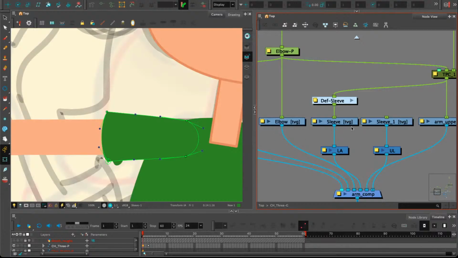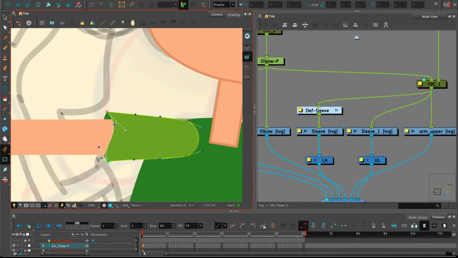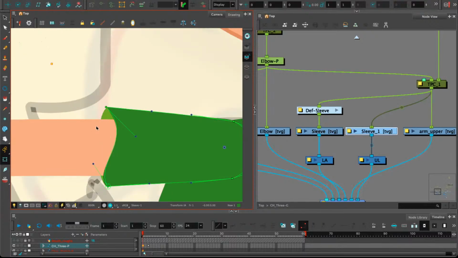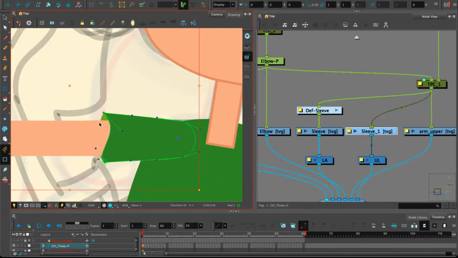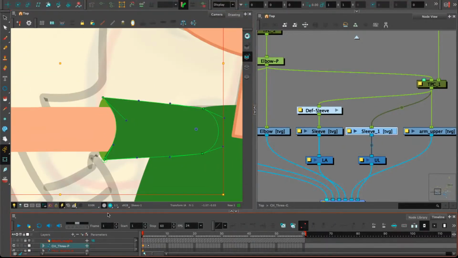Right, cool. So now we've got this. This one's not being affected by the deformer. First of all, I'll show you. We move this out of the way. Aha, there's our sleeve, and it's sandwiched beautifully on the other side. It doesn't actually look any different